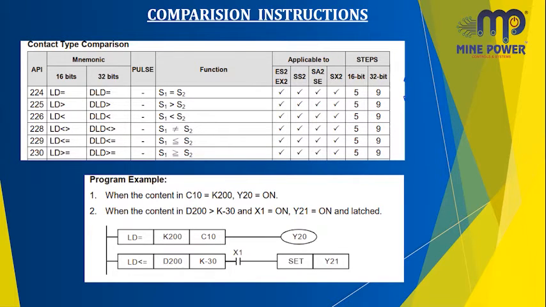Equal means it would be minus 30 or less than minus 30. Minus 30 or lesser than minus 30 means the condition is on and the output Y21 is on.